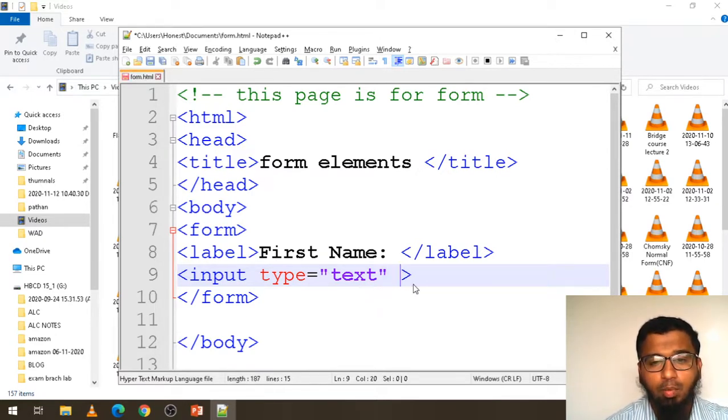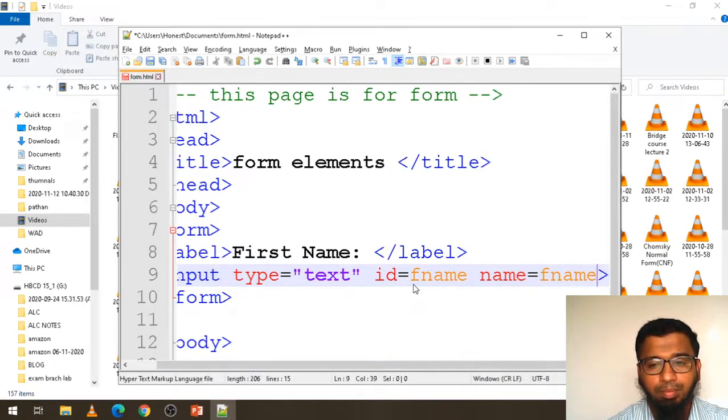But here the important thing is you can give this input tag an ID. Okay, what is the ID? fname. Okay, in the same way you can give the name is equals to fname.